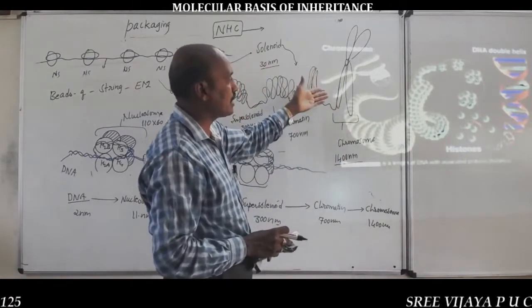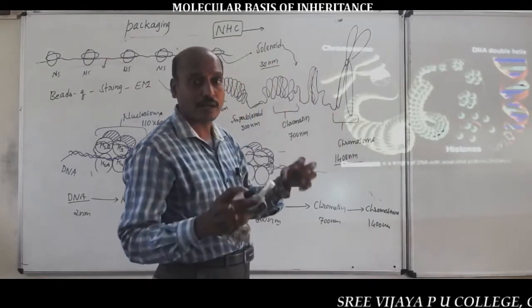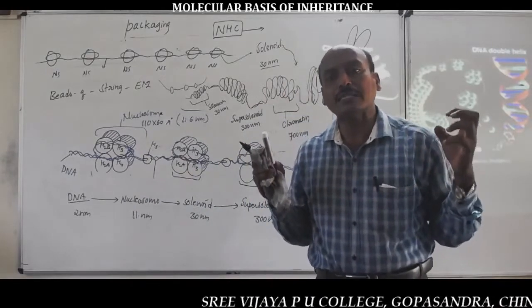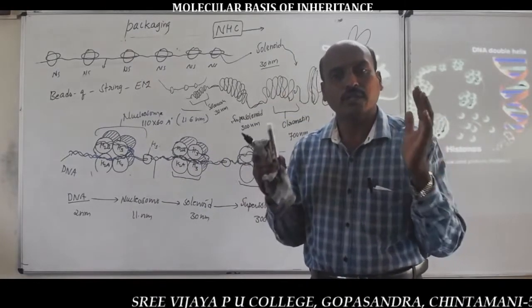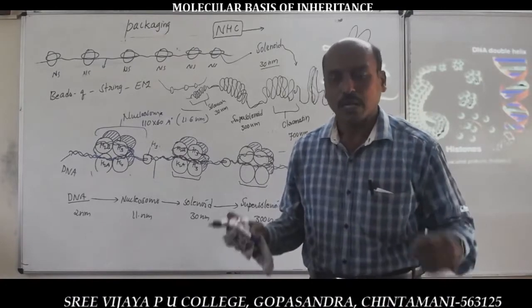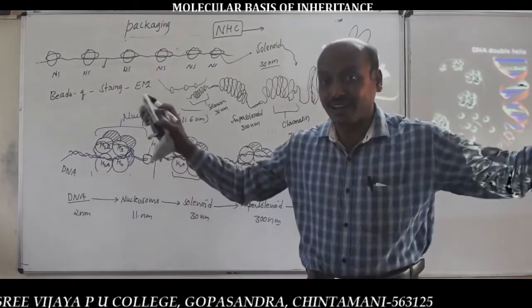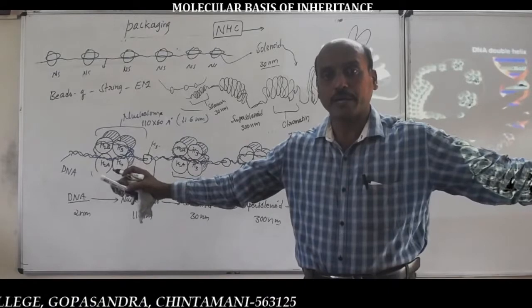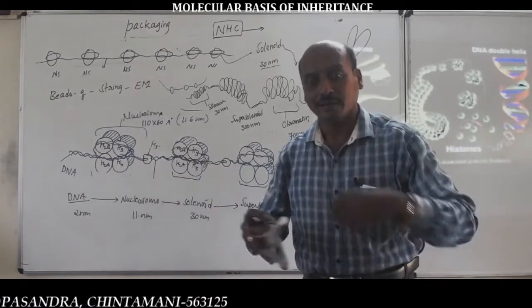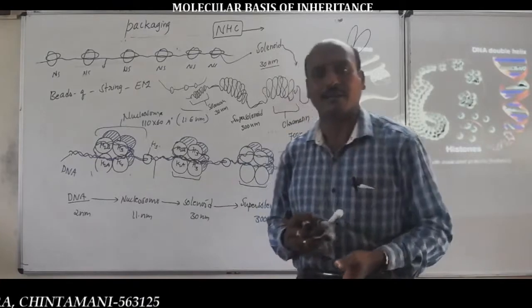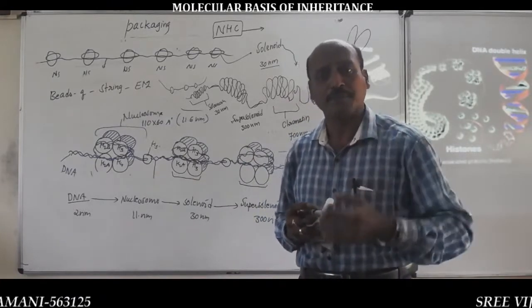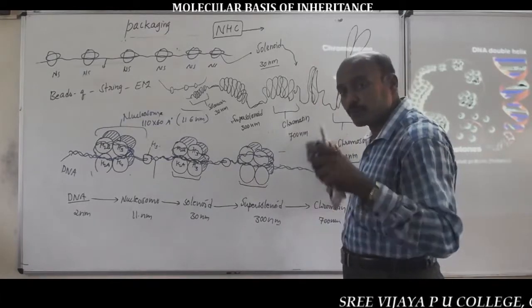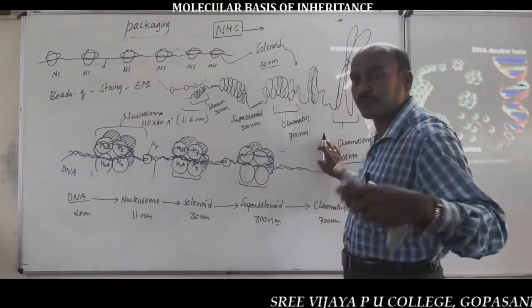This is the organization of chromosome inside the nucleus of eukaryotic cells. So this is the packaging of the DNA helix in eukaryotic cells. Even though it is some 1000 times longer than the dimension of the nucleus, the 2.2 meters of double-stranded DNA is coiled, further coiled, again coiled inside the nucleus within the nucleoplasm in the form of chromosomes in cell division, and chromatin fibers in the prophase of cell division, M-phase of the cell cycle.